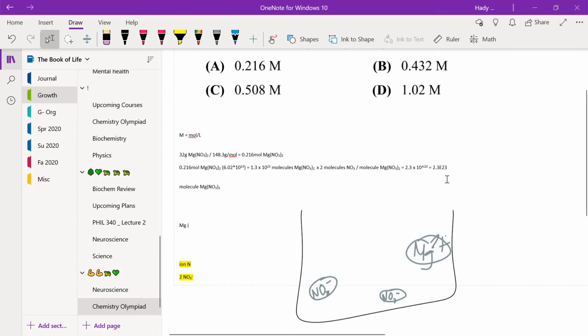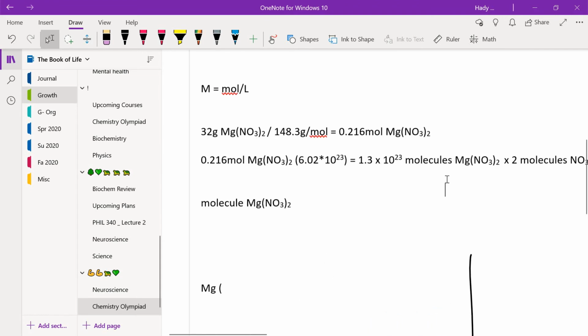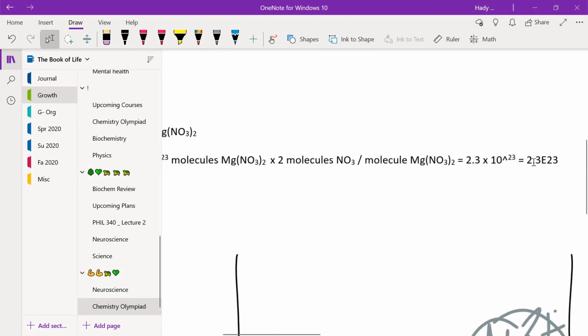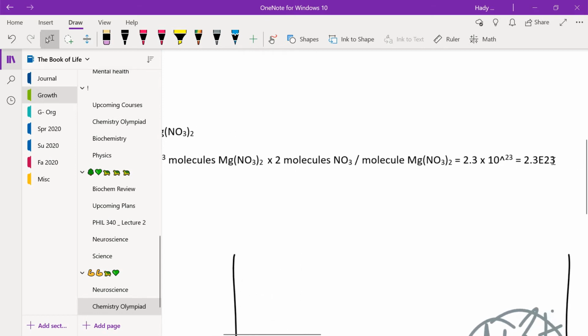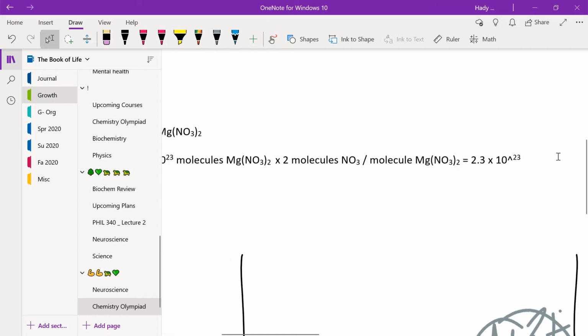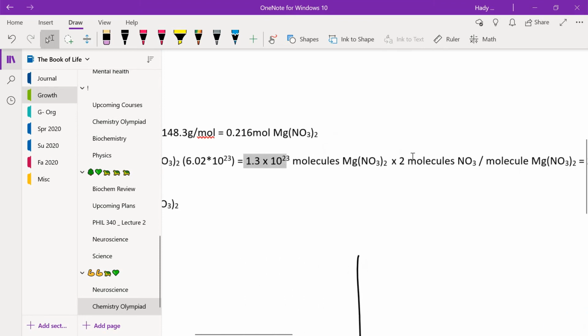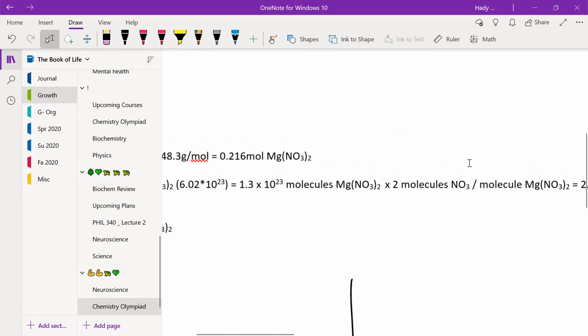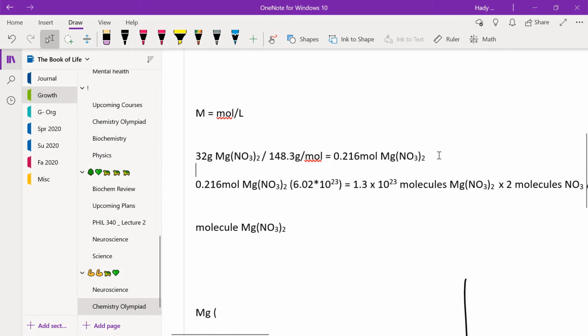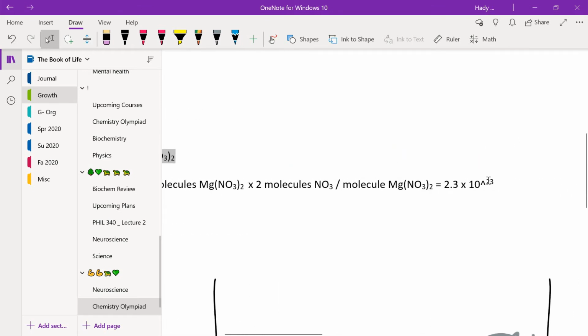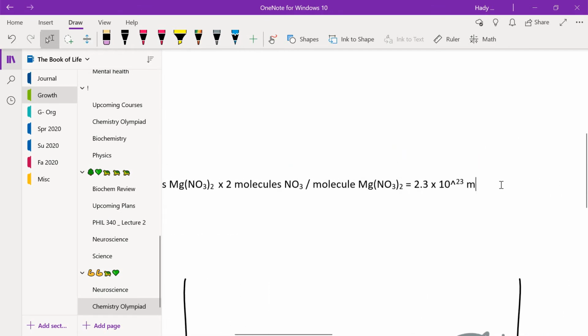And you get this, which you don't actually. Oh, yeah. I don't know why I hit equal again. Yeah, so you get this. I just wrote the same thing twice or something. So yeah, that many molecules times this many molecules of NO3 per molecule of this, you get that many molecules